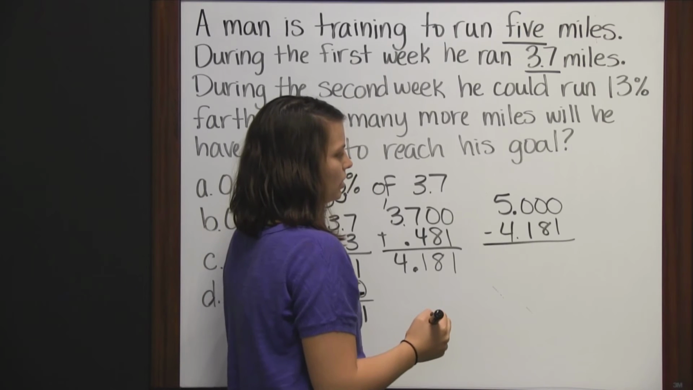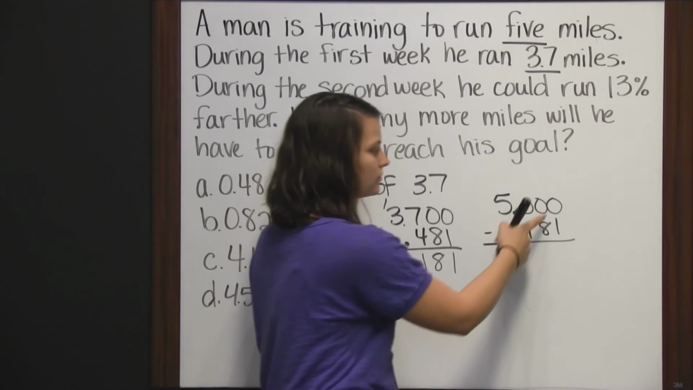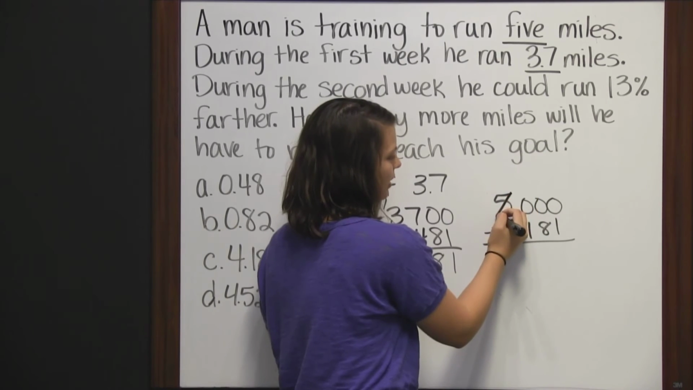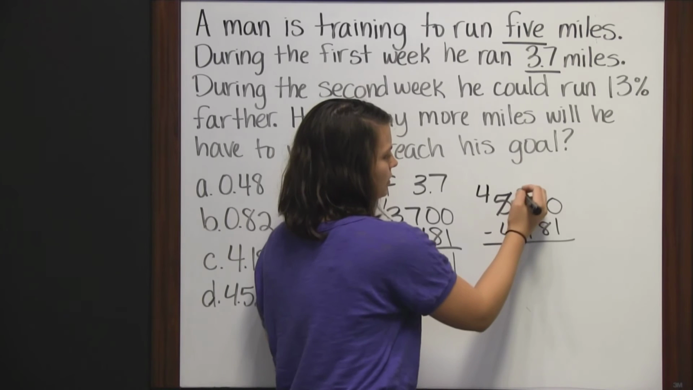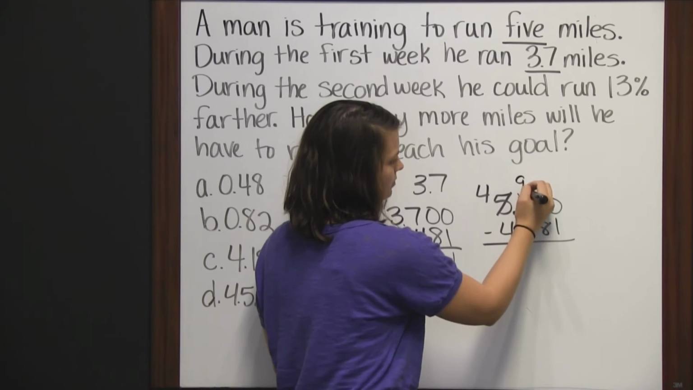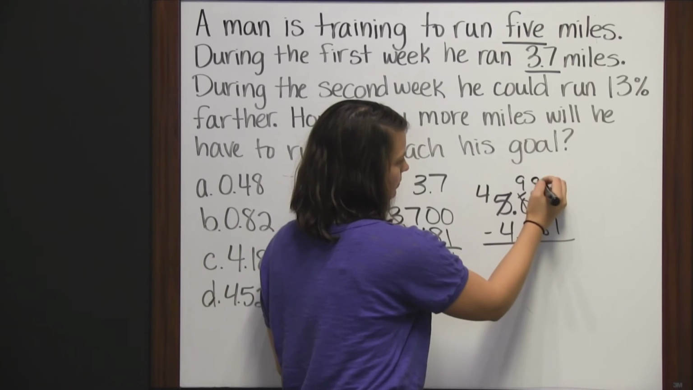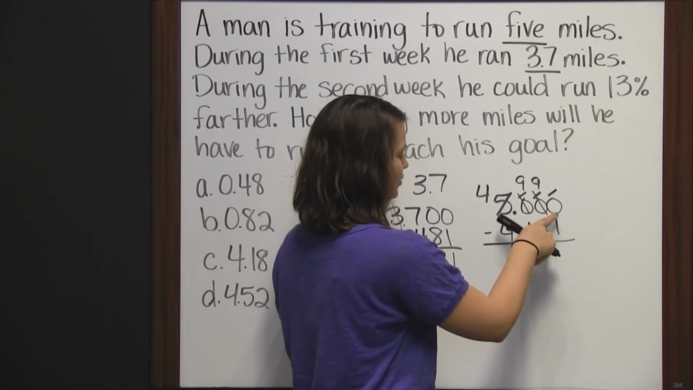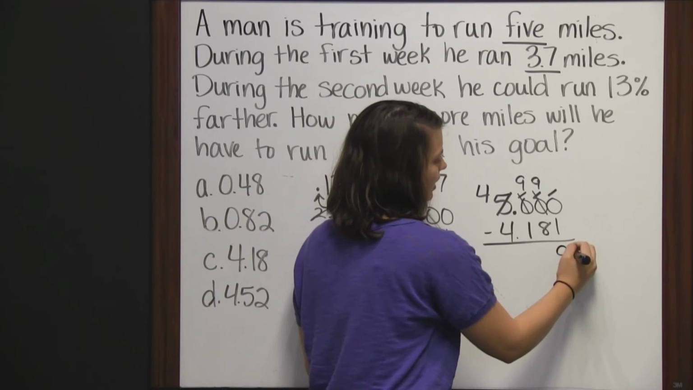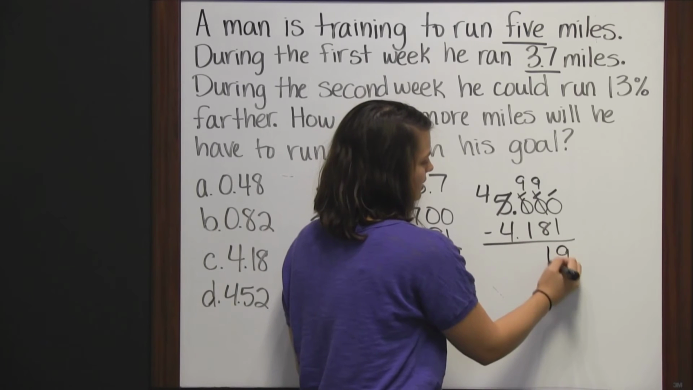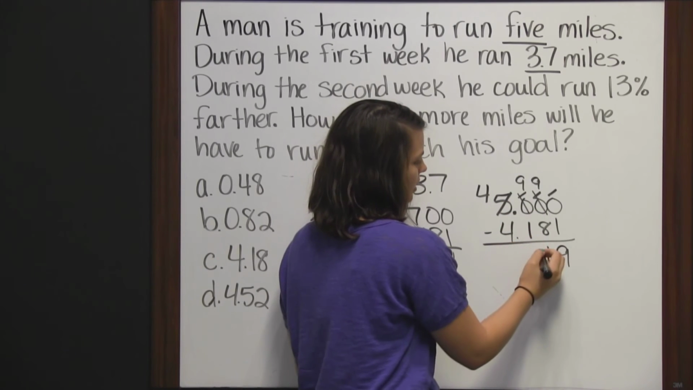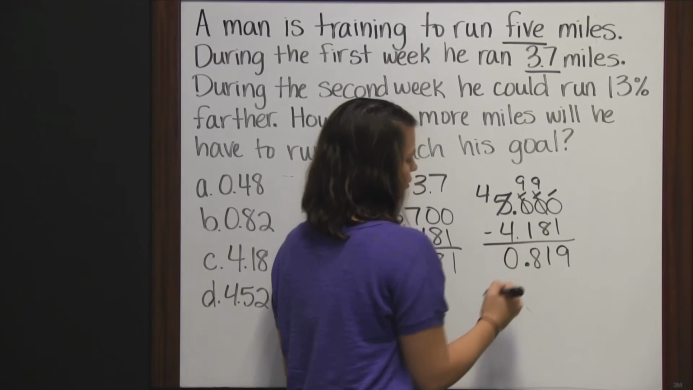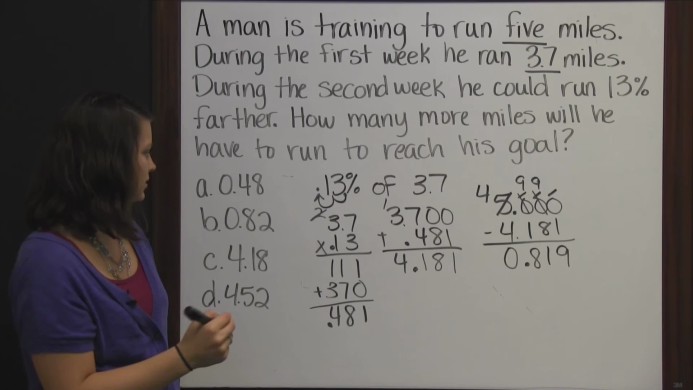from that. So we're going to need to borrow, because we can't take 1 from 0 or 8 from 0 or 1 from 0. So we're going to borrow from the 5. It becomes 4. So this is 10, and then we'll borrow. And then finally we have 10 in our first position. So 10 minus 1 is 9. 9 minus 8 is 1. 9 minus 1 is 8. And bring down the decimal. And 4 minus 4 is 0. So our answer is